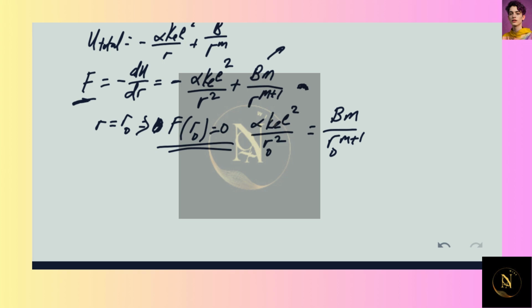Right, so this is the expression, and if we were to rearrange this to find what is B, we should get B to be alpha ke square over m times r naught to the power of m minus 1. Now substituting this value of B into our expression for F,